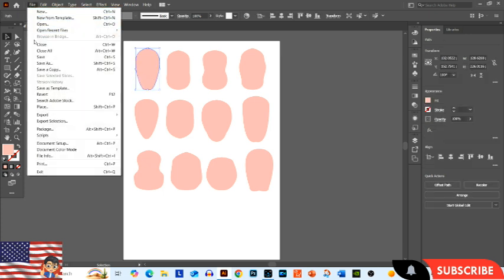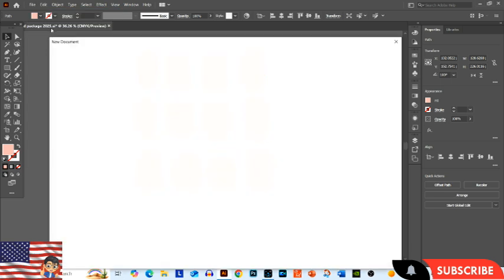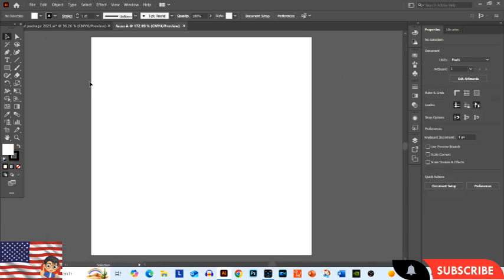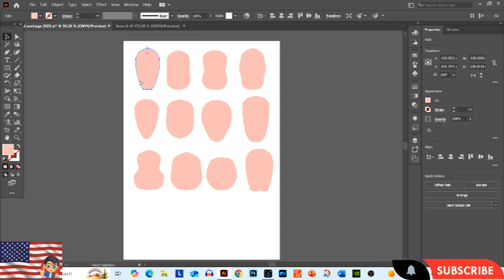And I'm going to make my first head. Open a new file, 250 pixels by 250 pixels for making the face, and I'm going to call this faces, and I'm going to give it a letter A, and then press OK or enter, and then I'm going to Control C